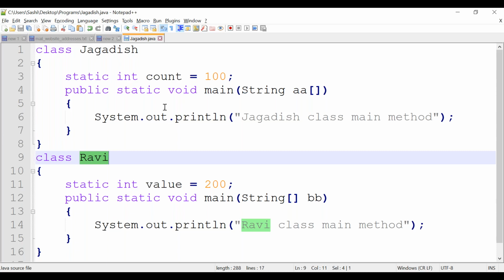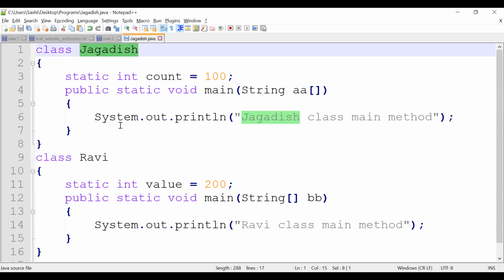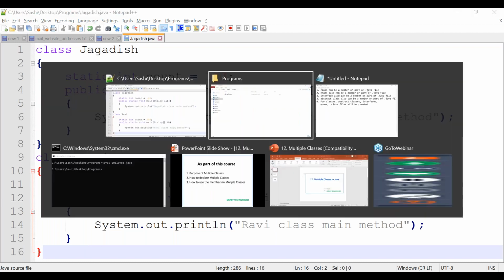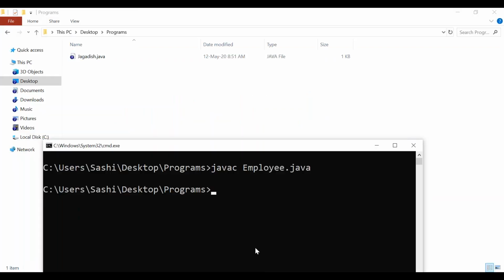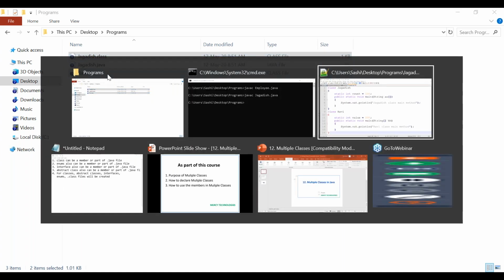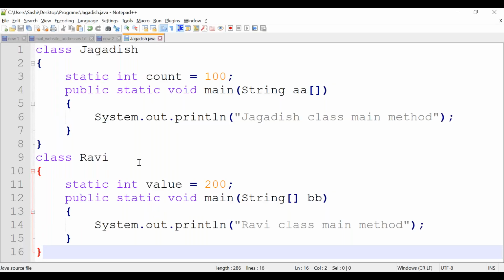We already saw that when we compile this Java file, it will create two classes because we have declared two classes inside it, correct? Let's compile it: javac class name.java. It has created Jagadish.class and Ravi.class because there are two classes.